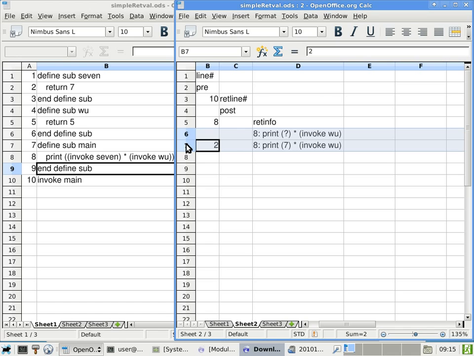The return statement, or line 2 in this case, a return statement does only one thing. It copies whatever the return info has to the cell next to that row, and then the only thing it has to do is to find out where the question mark is, and then replace the question mark with the value that I'm returning. In this case, it is 7. Are we doing okay with this mechanism? Kind of. And the rationale behind this